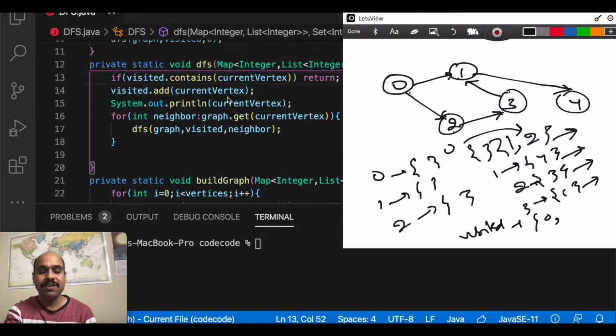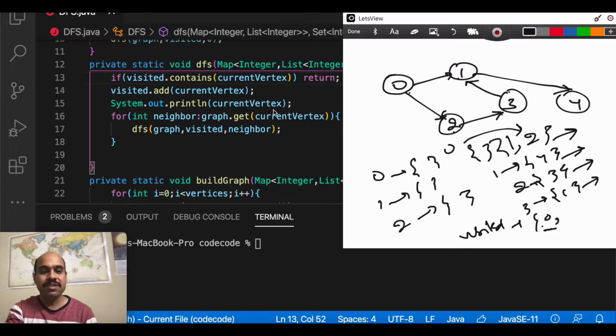Okay, so for example, let's run it through the current code. We are passing source vertex 0, which is read in the current vertex variable. So this line will say, does this visited set contain the current vertex? Initially our visited is empty, so it will return false. So you will not go inside this return statement. You will go to the line under it. Then visited.add(current vertex). Okay, so it is not visited. Now I have added it to the visited set. So here I have added 0 over here.